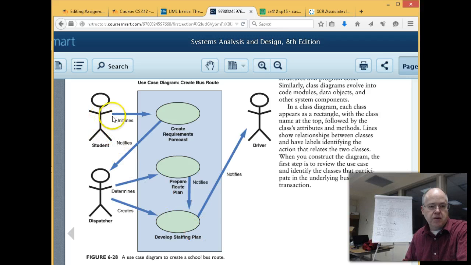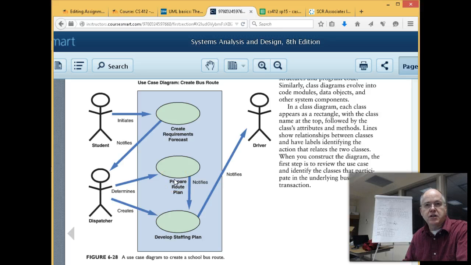where we've got a student enrolled in the school that initiates a, hey, I better make sure my route covers at home sometime before school starts. A dispatcher sees that that needs to happen. Looks like we have a manual process here of the dispatcher somehow inputting the system that generates some kind of a route, looking at the efficiency, and I'm sure this can be a very complex process based on one-way roads and time of day and